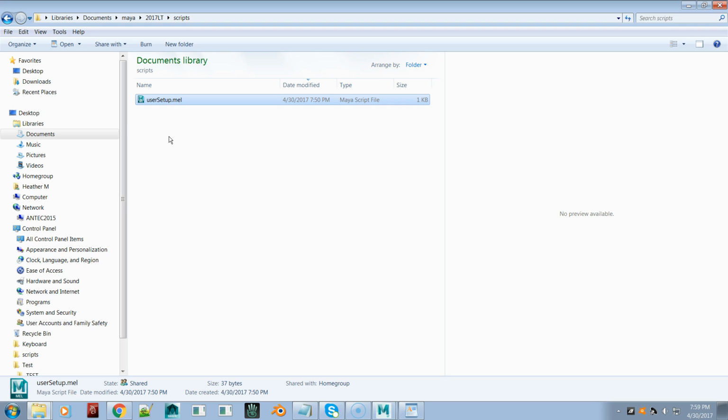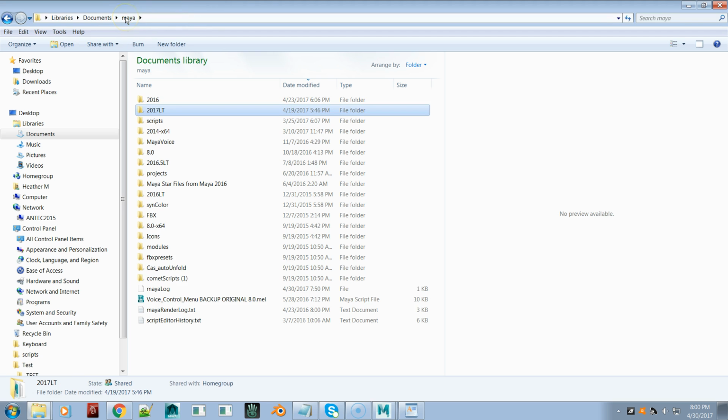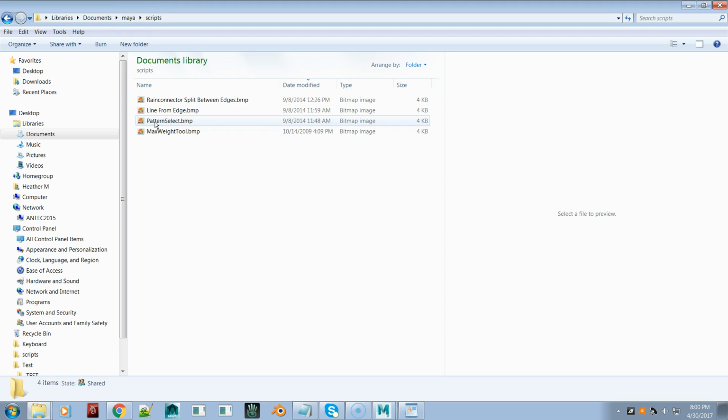At least this is what it appears to be in Maya 2017, is that sometimes Maya will have a preference folder inside the scripts folder. Inside that preference folder, you can find a user setup mel. I've had people tell me that. I've had one customer whose user setup mel was not inside the version year scripts folder. It was actually inside the Maya folder scripts folder. It was actually in here,